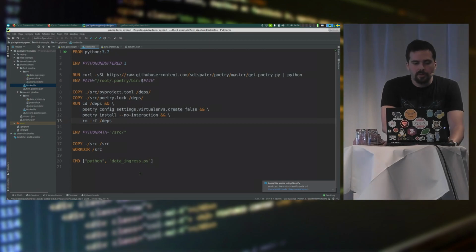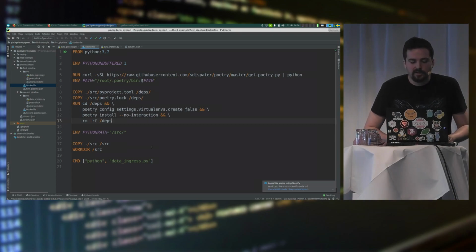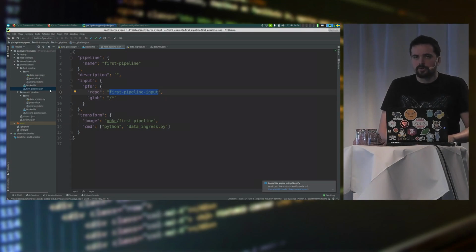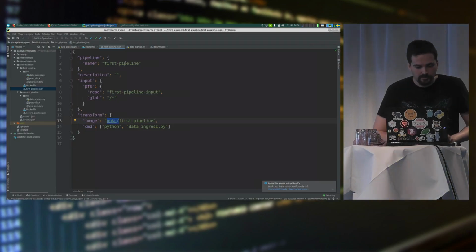That's pretty neat. As you're going to see, pachctl also has a utility built in that automatically pushes the image for you to some Docker registry. In our case, I'm going to use the default Docker Hub. I created two repositories there for this presentation.